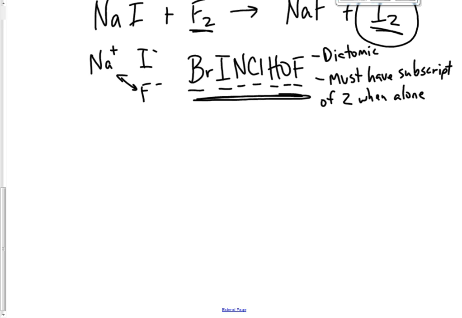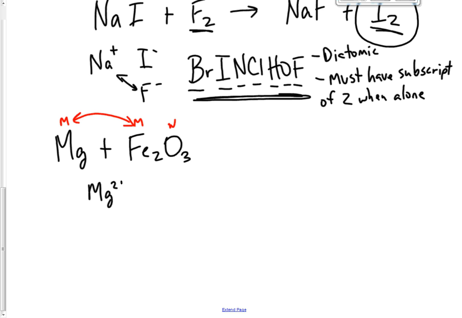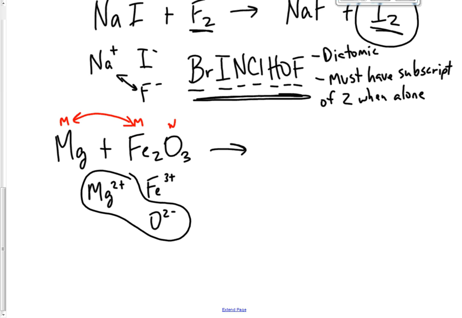Let's look at exchanging a metal for a metal. So we have Mg plus Fe2O3. Okay, again, we have a metal here in magnesium, we have a metal here in iron, and we have a non-metal here in oxygen. So the metals are going to switch places. So you have magnesium here, and it's a 2+ charge. You have iron here, and it's a 3+ charge because we reverse the cross. And then you have oxygen, which is a -2 charge. So you're going to take these two, cross those charges, and that is going to give you MgO, okay, plus